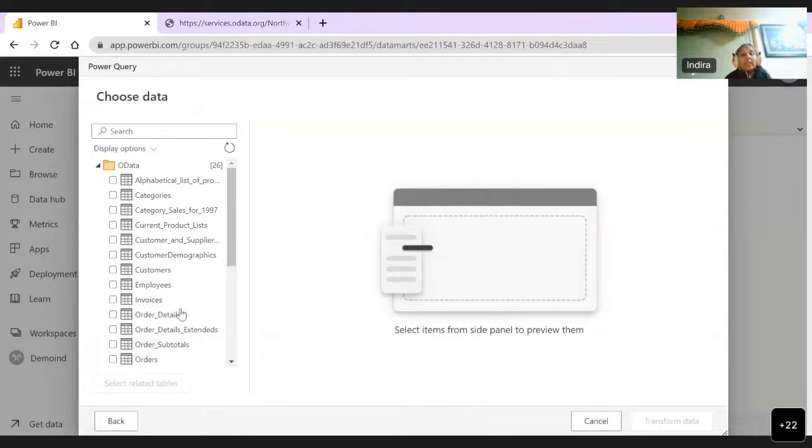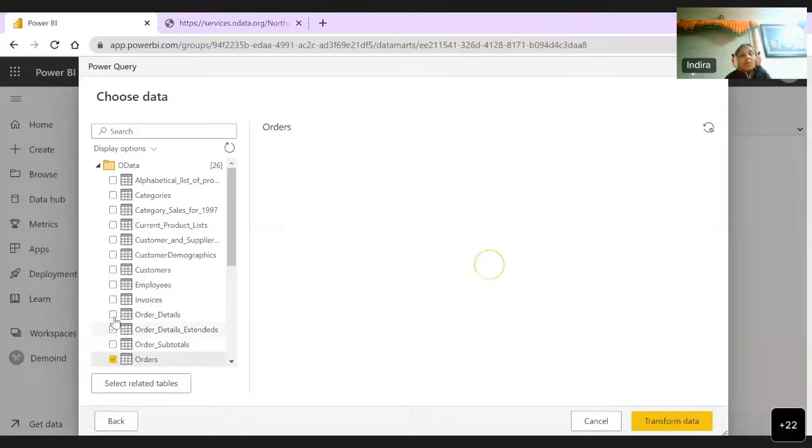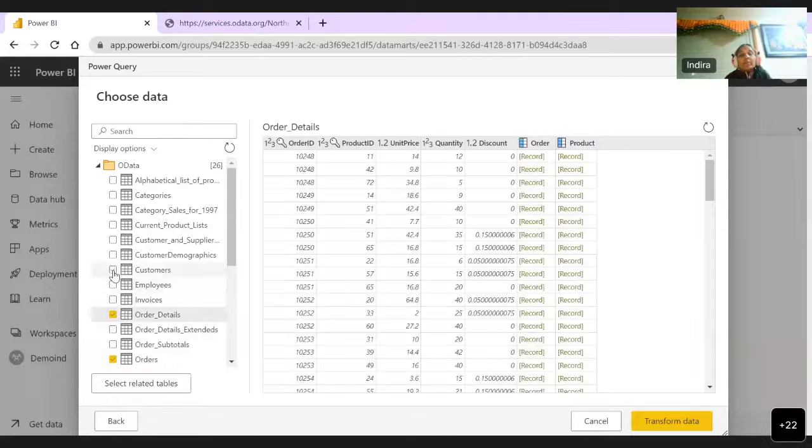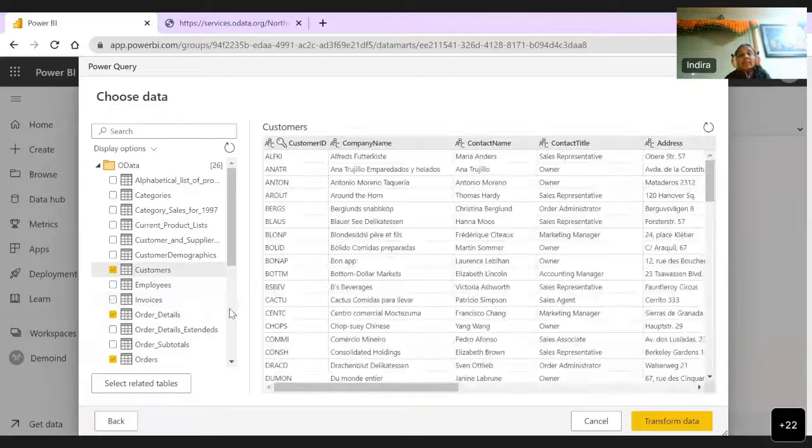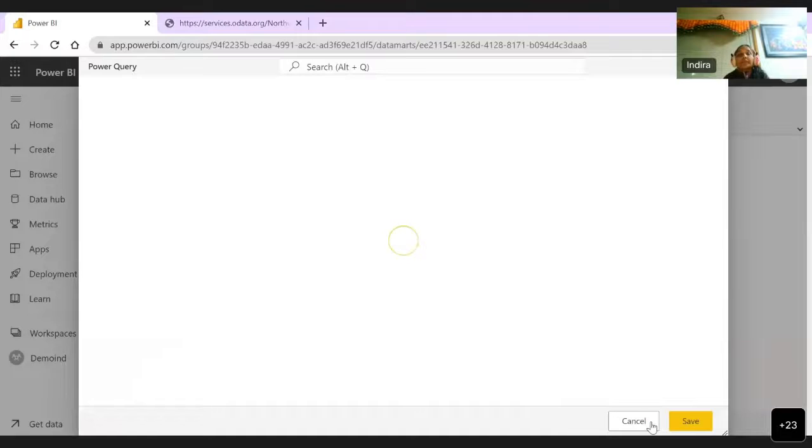I'll just take a couple, let's say order details and maybe customers. I just want to keep it simple. So I'm loading only these three tables. I'm going to click on transform data,